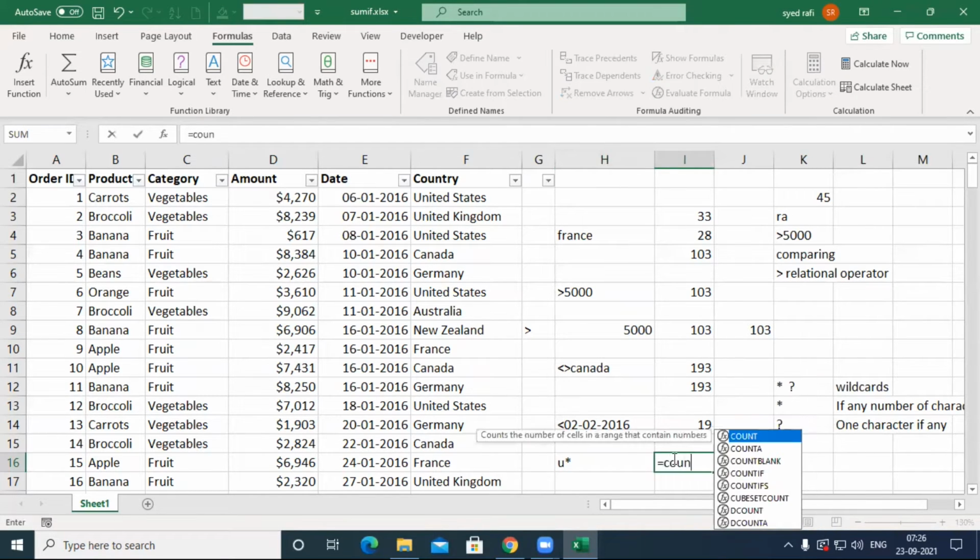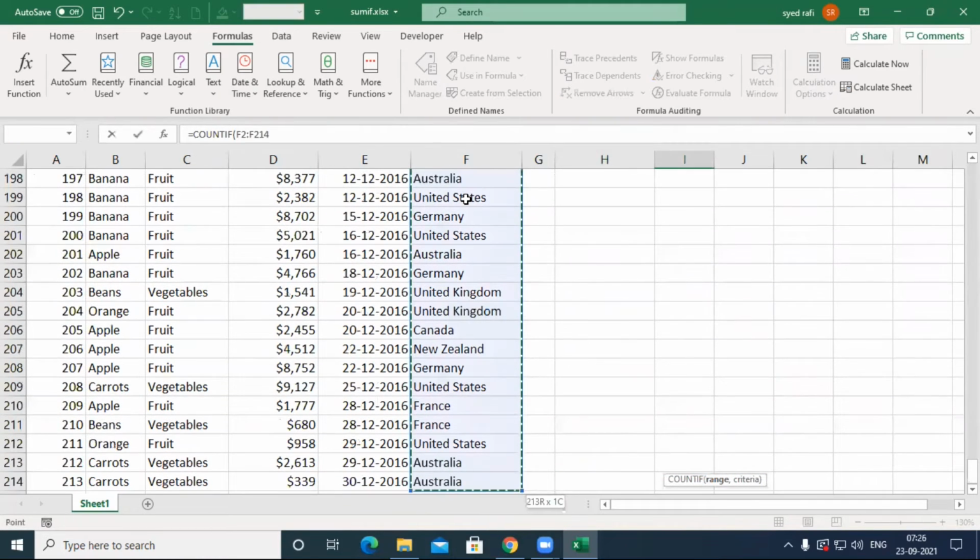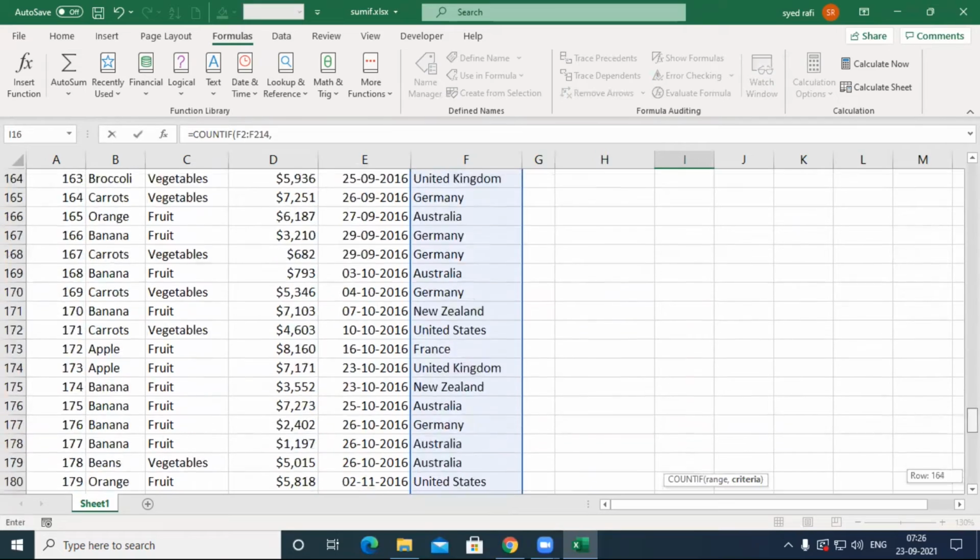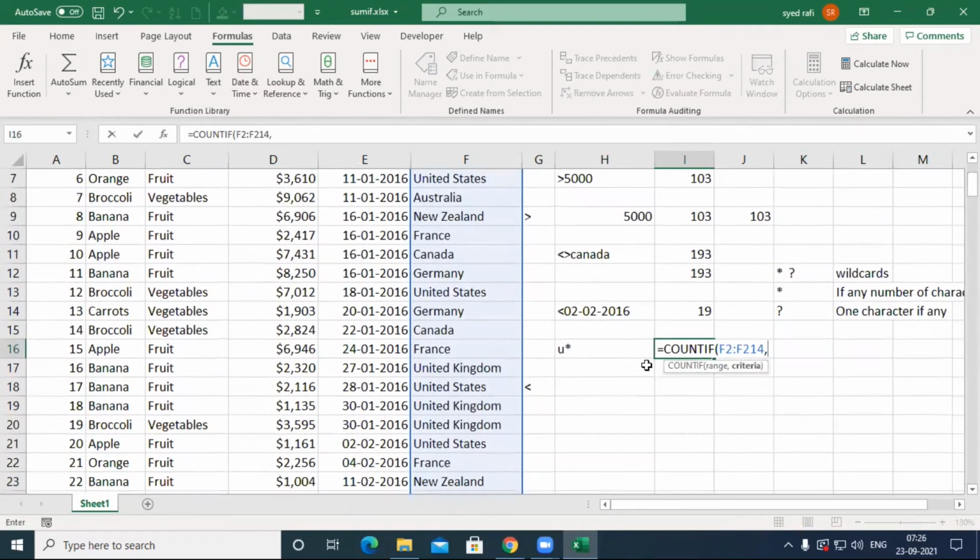Equal to COUNTIF, select the range, comma, give the criteria and press enter.